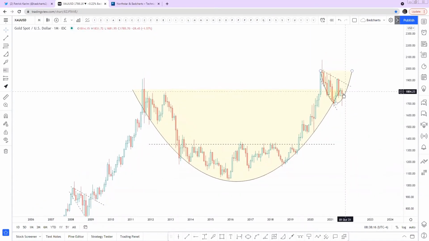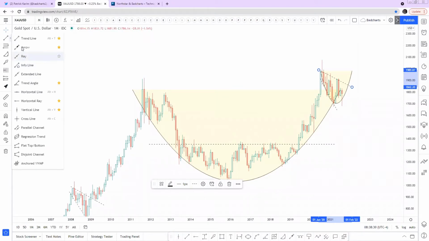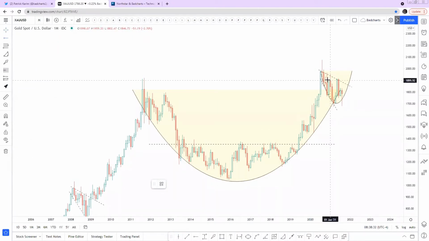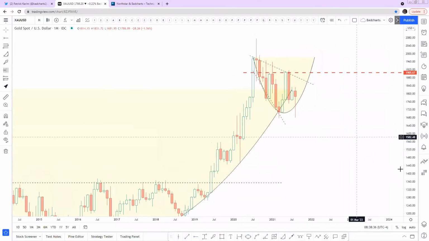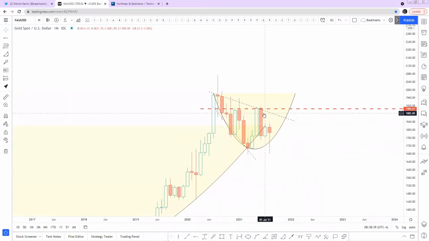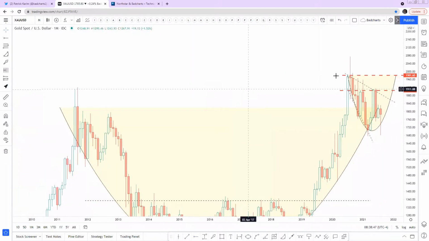Gold has to survive. It has to close above this line right here. And once it closes above and retests it, where does that come in? 1875, yeah, around 1880. This is where we're going to judge the gold bull market. If it can really climb above this break line, and if it can close above this one, it's a good sign. But ultimately, you're not out of the woods until you close above